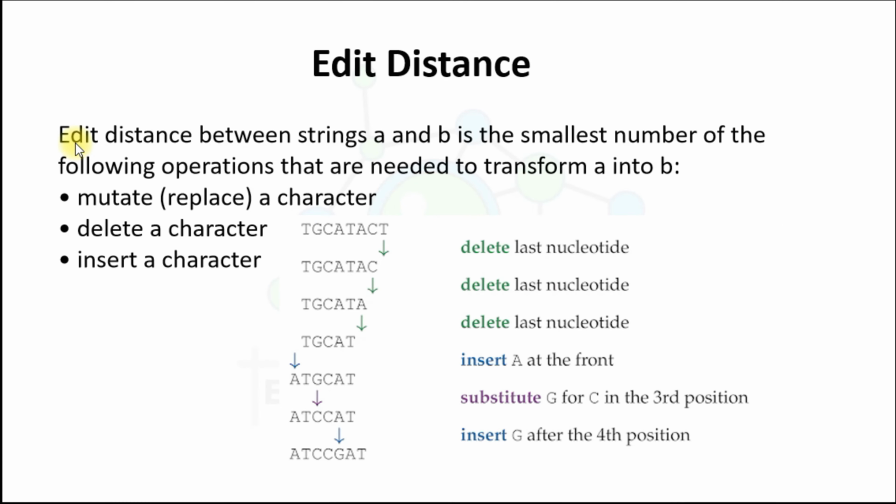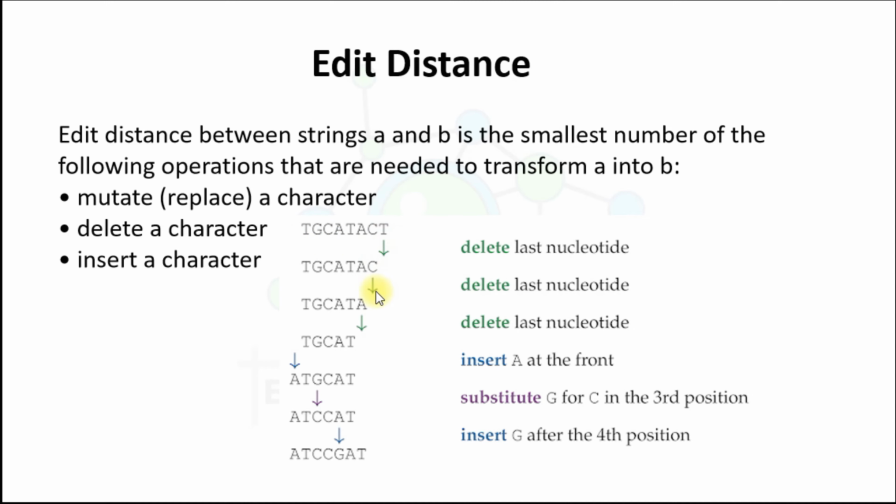Now what is edit distance? Edit distance between strings A and B is the smallest number of the following operations that are needed to transform A into B. The operations may be mutation, that is replace a character, deletion, delete a character, insertion, insert a character. For example, here we can see the sequence TGCATACT